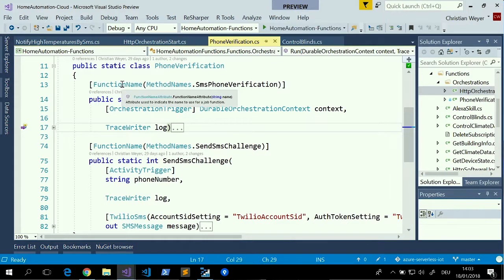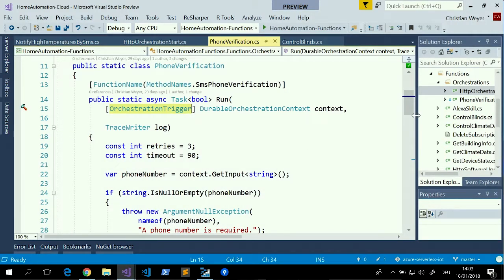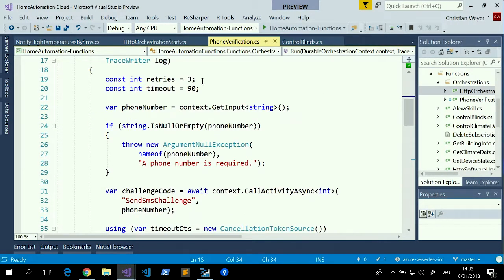And the actual beef is happening over here. We have a function for SMS phone verification, and it has an orchestration trigger. That orchestration trigger, now that's the orchestrator function, right? So this is initiating a new orchestration, a new workflow. And in there, we are using that durable orchestration context. We have a timeout of 90 seconds.